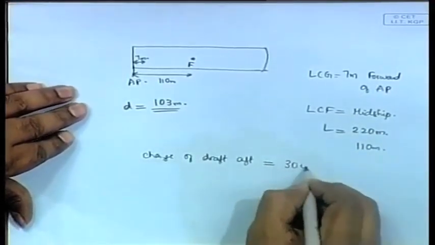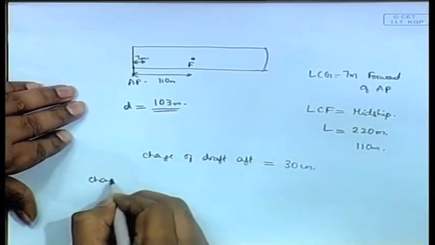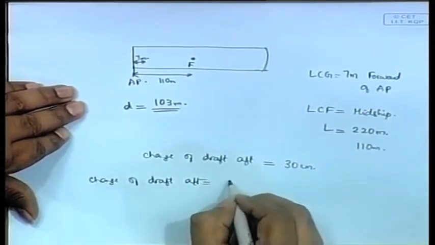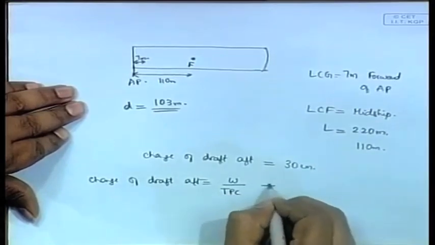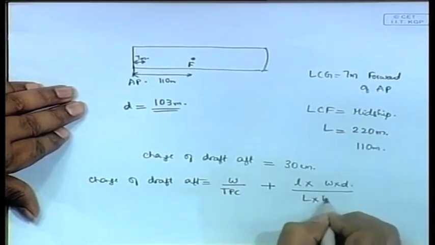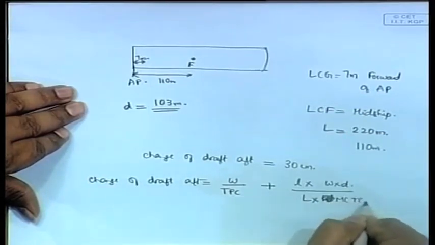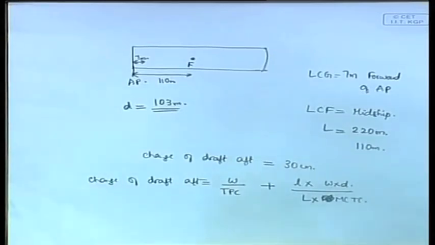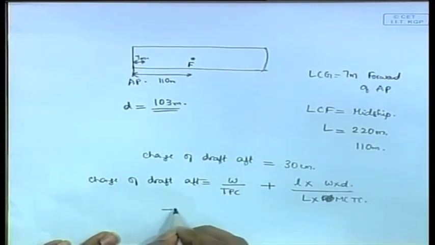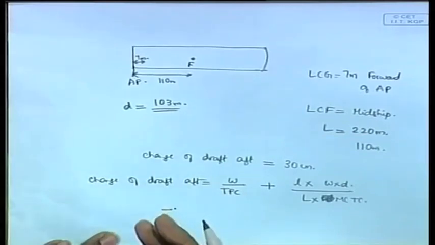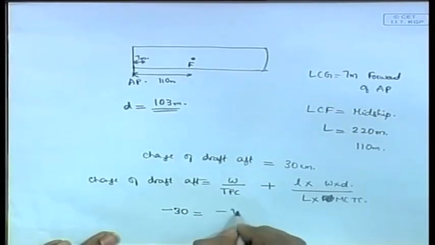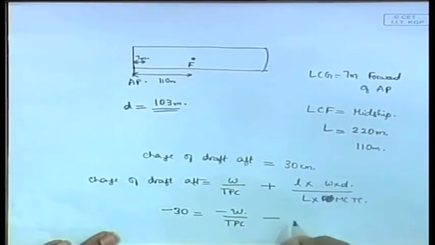Change of draft aft is 30 centimeters, and we use the formula: change of draft aft is equal to W by TPC plus l into W into D by L into MCTC. This formula you have to use. Now, note that in this case everything will become negative, because it is a discharging of weight. Therefore, it is a decreasing of draft. So, it will be minus 30 equals minus W by TPC minus